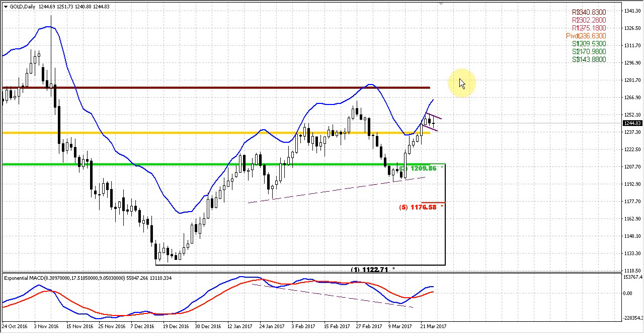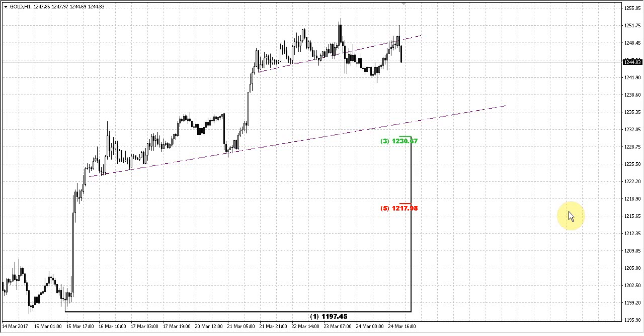So right now the major question is how this action could happen: whether the market will break it immediately and continue to move higher, or it will show some retracement before this breakout happens. So currently, guys, it looks like the retracement is more probable because, actually, take a look at the hourly chart. Unfortunately, there's really a lack of patterns right now on the intraday chart, so gold hasn't formed any interesting patterns by far. It's very difficult to make suggestions on what really could happen, but based on the price behavior around